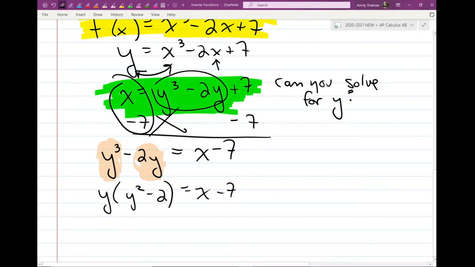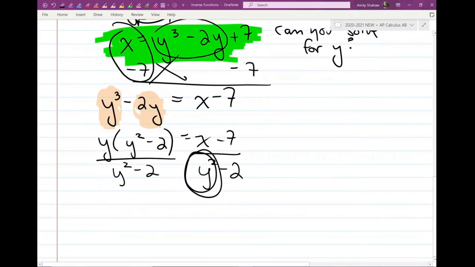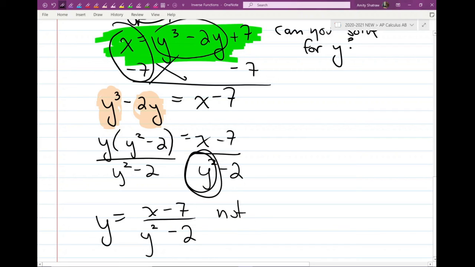I mean, I could divide even by y squared minus 2, but then I still have a y squared. So I do have y equals something, but there's still a y in the wrong place. I need this y squared to be on the left somehow, and I really can't do that. So it's not possible